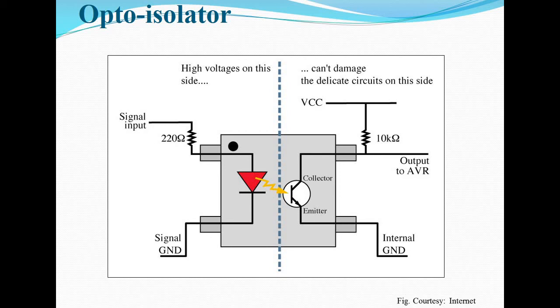So again I repeat the construction. A photodiode is present in front of the LED. In our case there is a transistor. So a photodiode or a transistor is present in front of the LED. You can see in the figure the LED is glowing, so the light from the LED directly strikes the junction of the photodiode or transistor. Then the transistor is in reverse bias condition. The reverse bias circuit of the transistor forms the output circuit of the system.